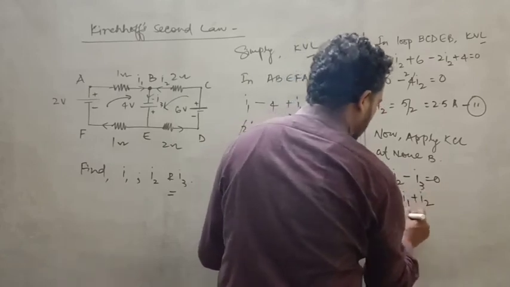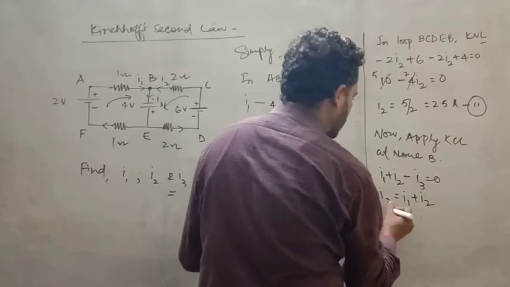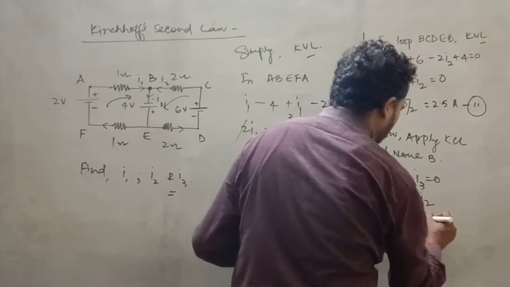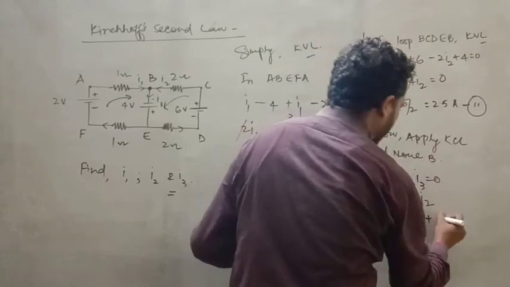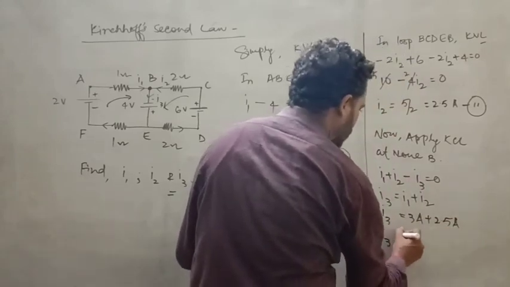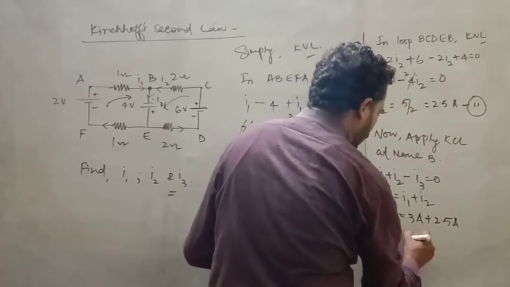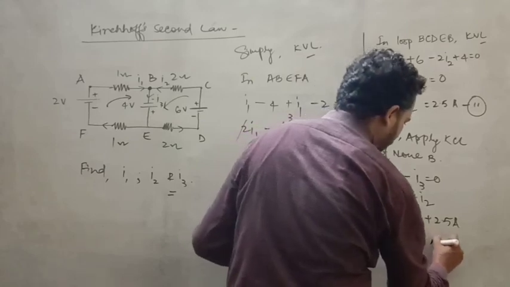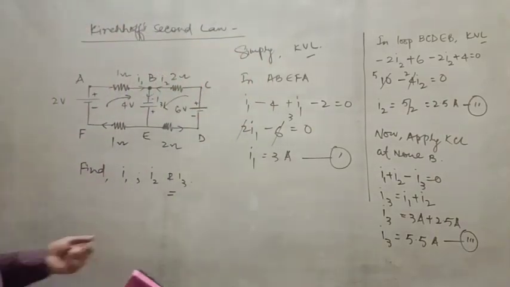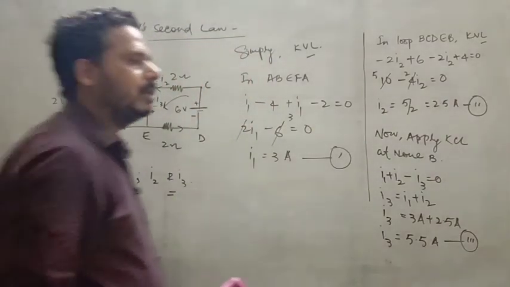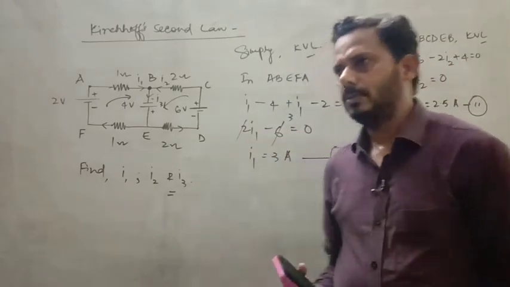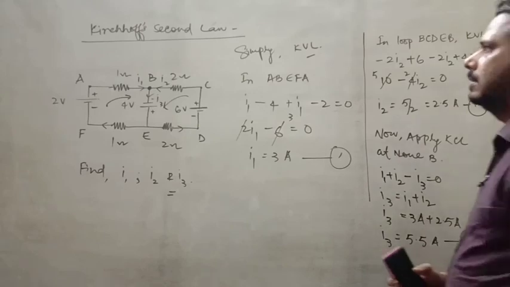And now from the previous equation, just put the value. So I1 is your 3 ampere and I2 is your 2.5 ampere. That means I3 be how much? 3 plus 2.5, so it's 5.5 ampere, and this one is your next result. So you can see here simply that you have applied both of Kirchhoff's laws. Alright, so just you can see here how they are applied and used.